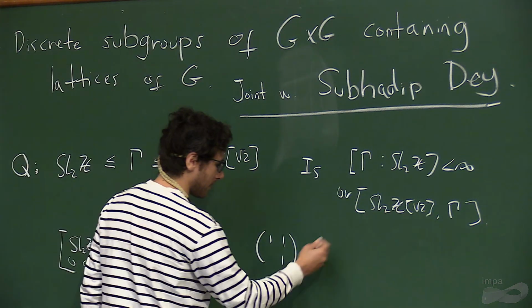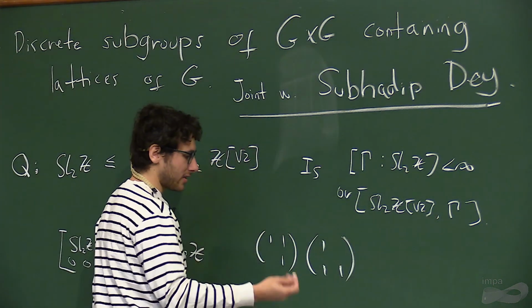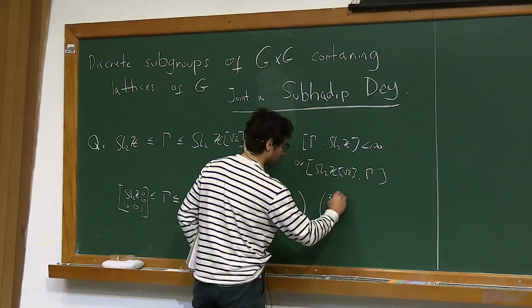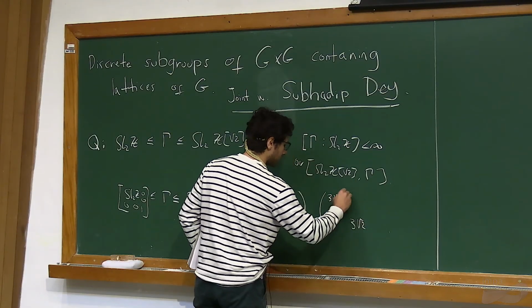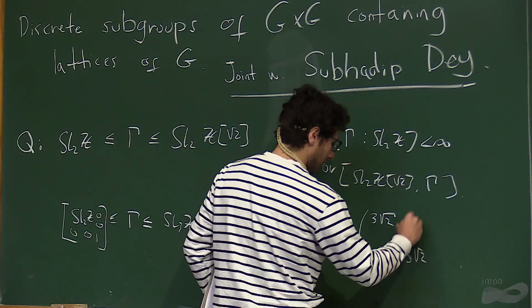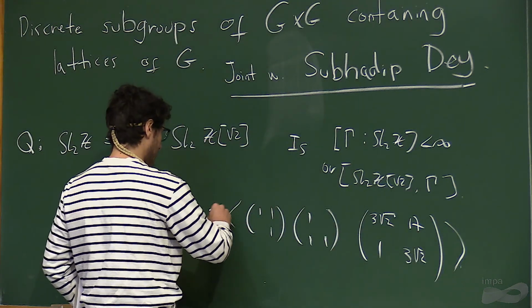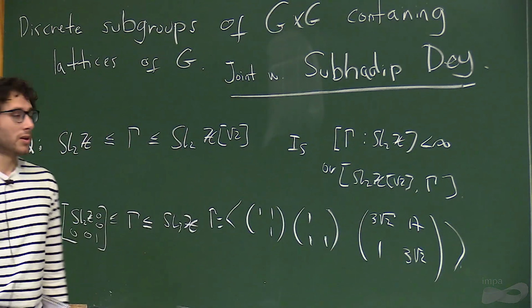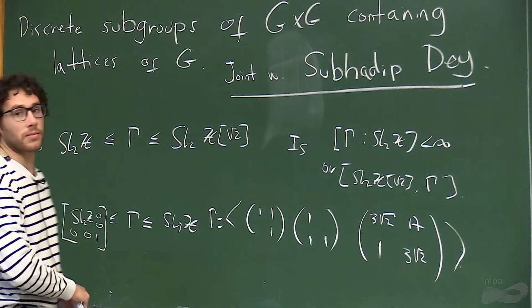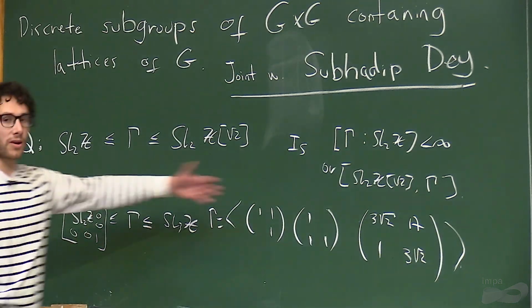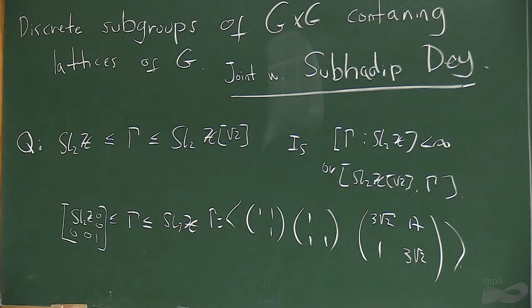I got one already for you, and you can ask if this subgroup here is a finite index subgroup of SL2Z[√2]. And this problem can be approached computationally. You could write a computer program and check whether this specific group